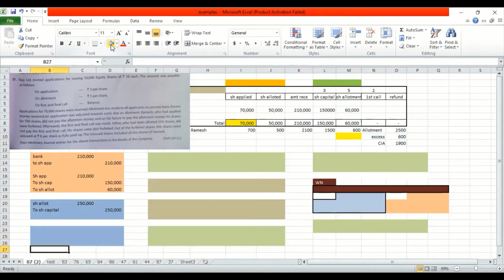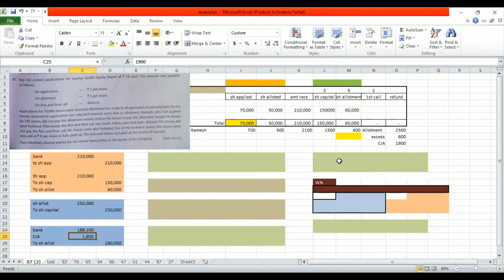Now the same thing, you have to put it over here. Bank account debit, call in arrears debit to share allotment. I'll start with share allotment. What would be the figure? It won't be 2,50,000 because already we got 60,000, isn't it, in the initial entry. So this is how you get. Call in arrears, just now you found out 1900. And what is this figure? 1,90,000 minus 1900. So this is how we complete the Ramesh part, the call in arrears part.